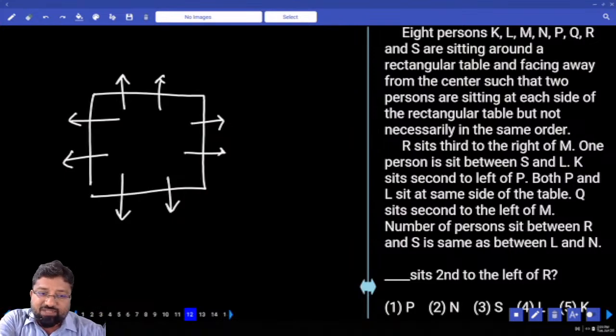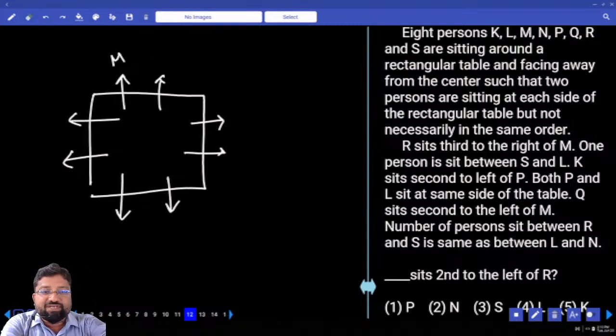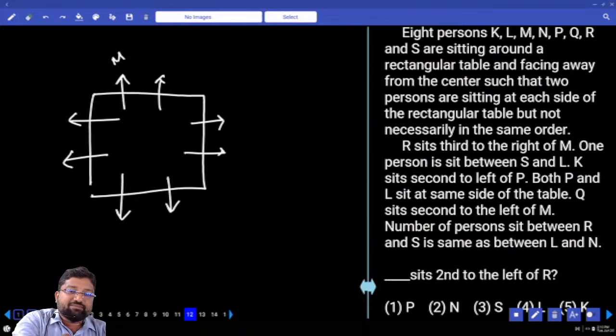R sits third to the right of M. Now R sits third to the right of M. I told you, whenever you come across this type of questions, 2 people on each side, it is not that easy to mark the answer. Because R sits third to the right of M, I can take M here, I can take M here. Because somewhere or the other you will find a clue which says some people are sitting on the same side. 2 persons are sitting on the same side. For example, A and B are sitting on the same side, then by taking M here, it might